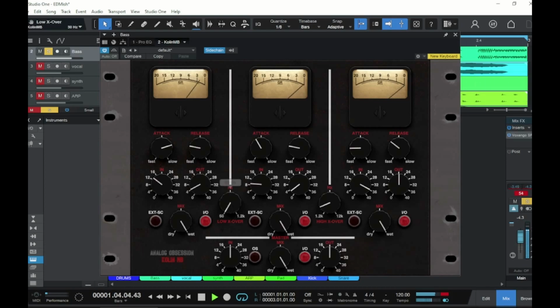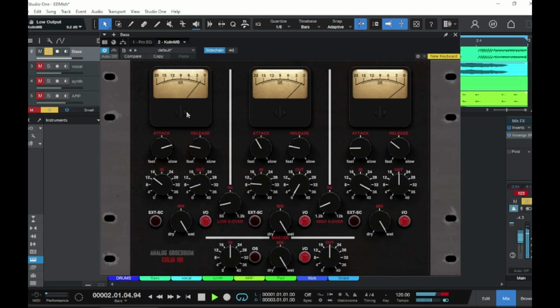So right now, the low crossover on the bass between the lows and the mids is at 50 hertz, which is not where we want it. We want to get it above the fundamentals of the kick and probably above the fundamentals of the bass, which is going to be, since this is all low register stuff, if I take this up to just under 200,